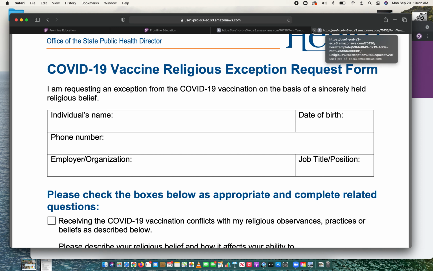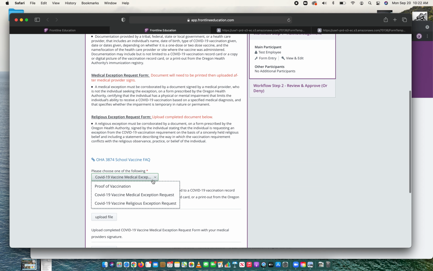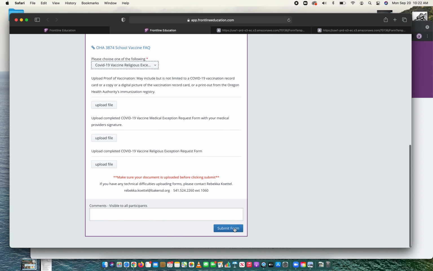Then you take that file to the form here, change that to religious exception, and upload that religious exception. Make sure you hit submit form, and also make sure the document is fully uploaded, so that the file will show up as uploaded